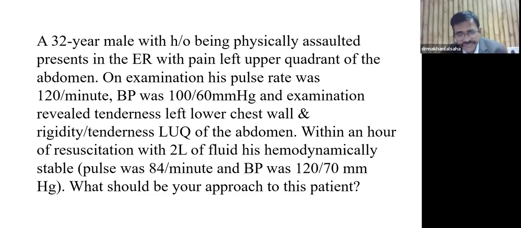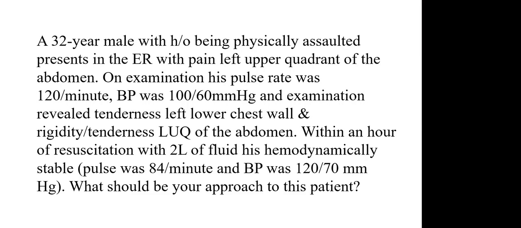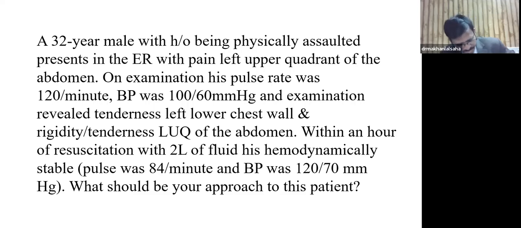Before that, anything in the history that will suggest the patient has got abdominal trauma? History. Sir, mechanism of injury. Yes, starting from the mechanism. He was beaten up and sustained trauma in this particular part of the abdomen, lower chest. So the history of the injury is important. And what else? After the injury, what symptoms may he have which pertain towards abdominal injury?